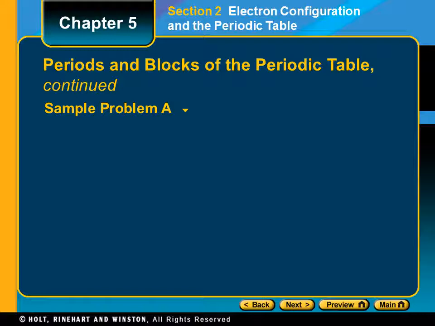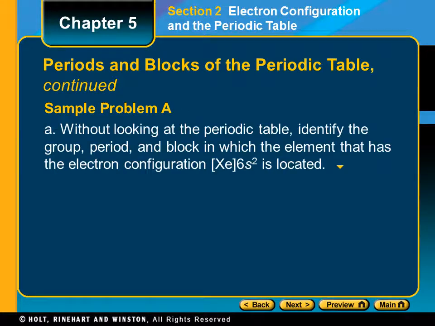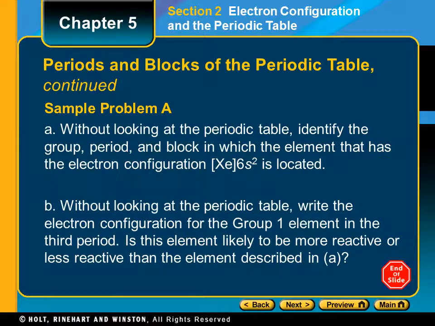So how would we work these out in terms of a problem? Without looking at the periodic table, identify the group, period, and block in which the element that has the electron configuration [Xe]6s2 is located. So how do we do that? First,